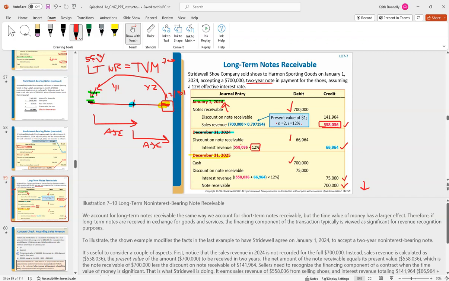So one way you can think of it is we're trying to get from here to 700, or you could do the math on it. It'll be the 558, what we started with. We added to that amount the 66,000 on there times the 12% of another year. There's 75,000. Get rid of the note as well. So if I pull up my calculator here, if we look at this, it's going to be the